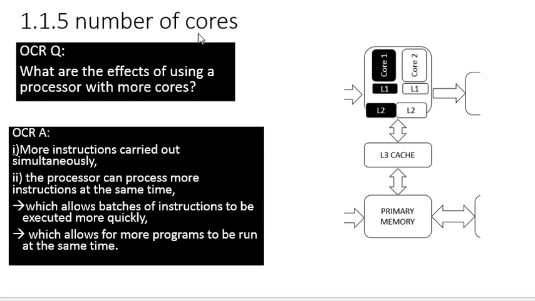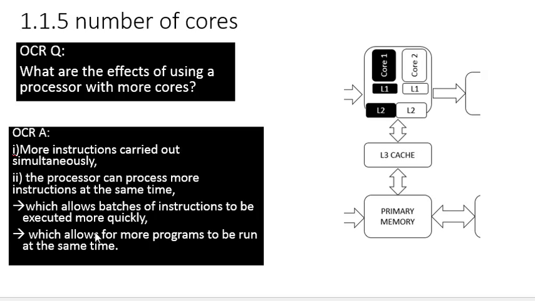How does the number of cores improve CPU performance? Actual OCR question: what are the effects of using a processor with more cores? Actual answer: more instructions can be carried out simultaneously because each core has an independent data path. The processor can process more instructions at the same time, because you've got two data paths and therefore two cores doing instruction processing at the same time, which allows for batches of instructions to be executed more quickly because the two cores can tag team on which instruction is done,